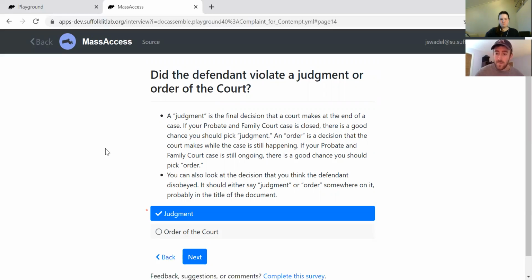Sorry, one more thing is you're giving a definition which includes elements, right? And then you're asking the person to say, does it fit the elements that are listed? Why not just ask them those elements directly and you conclude if it's a judgment or order? Is that possible to rewrite it that way? Yeah, that's a good idea. So how would you do that? Sorry, can you,